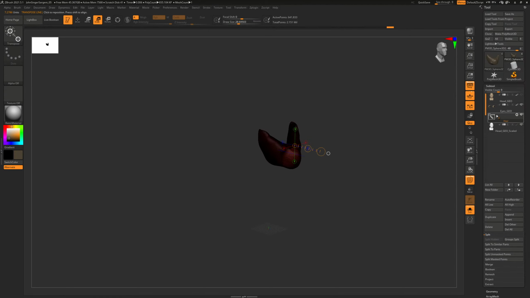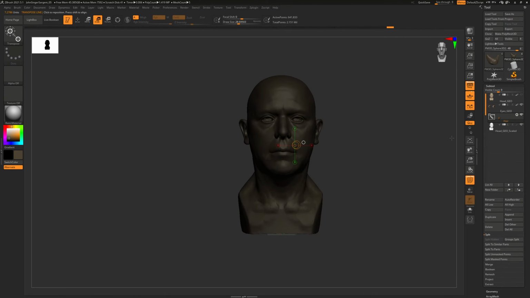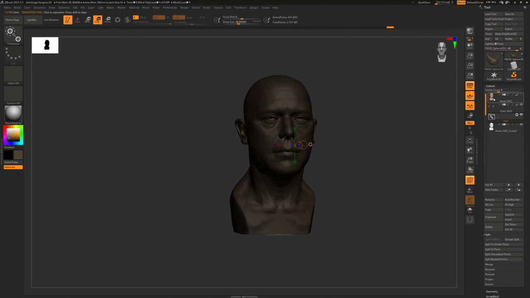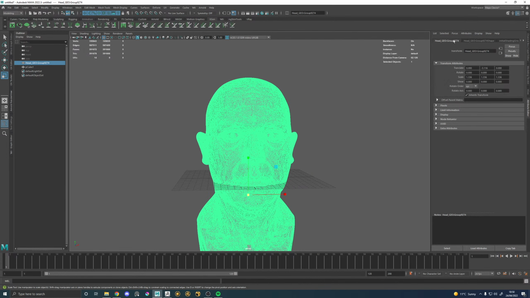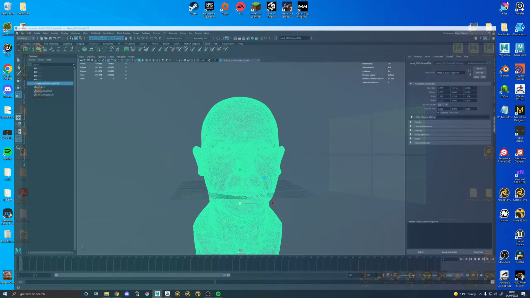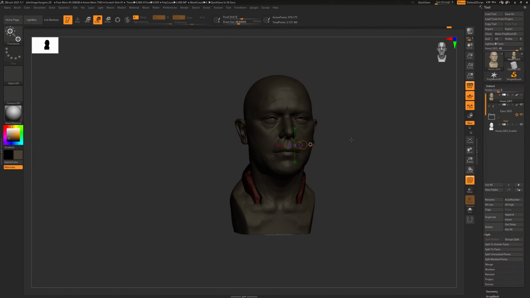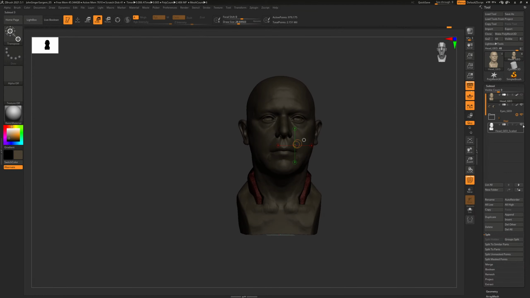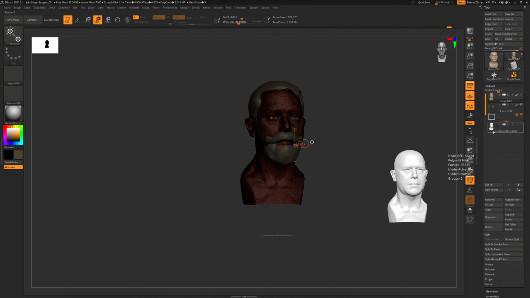No, you can't. Okay, how much bigger did I make it? 30%. Okay, so if I go into hide this,